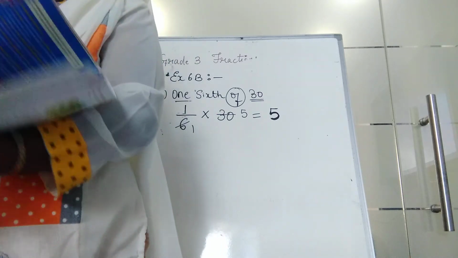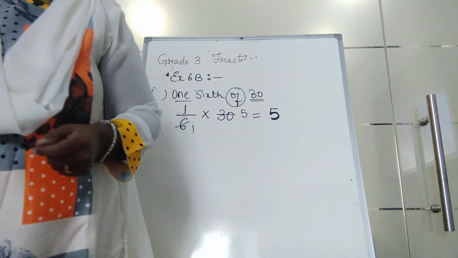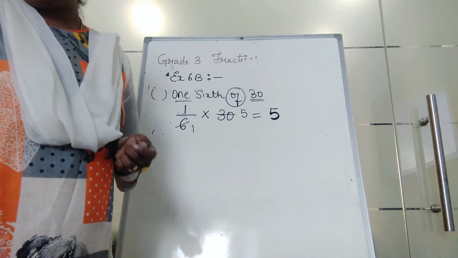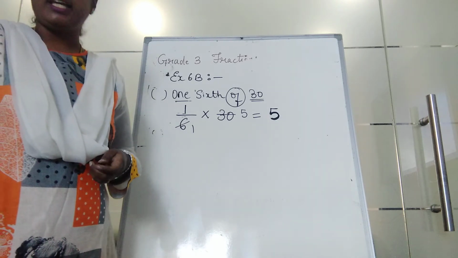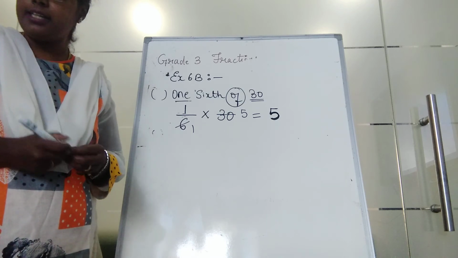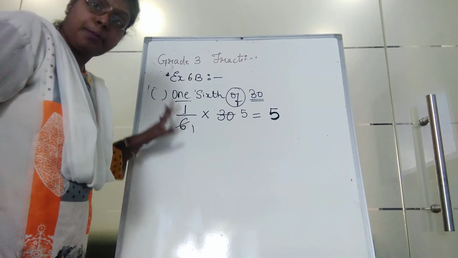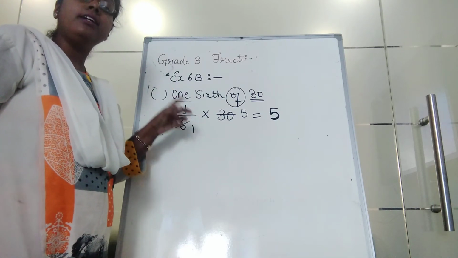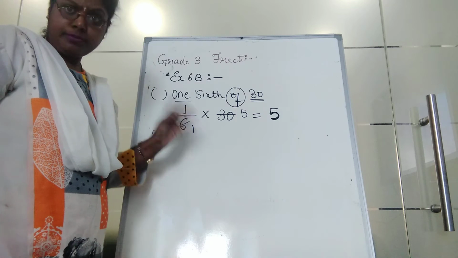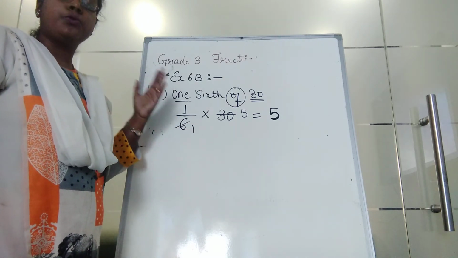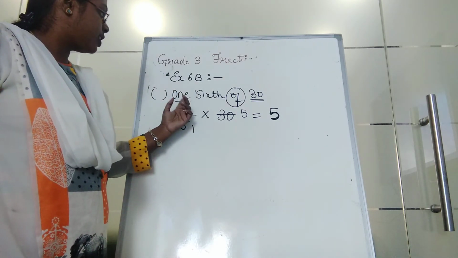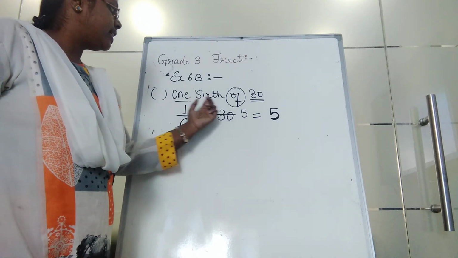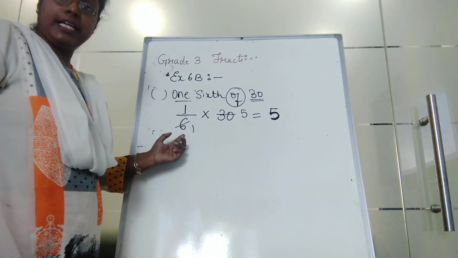Okay. So in this recorded video, we have done exercise 6B, first main A to E problems. It is a very easy chapter where you have learnt the number names of the fractions. In the previous classes, you have learnt the number names of the fractions. So using those number names, if it is 1/6, you will be writing 1 in the numerator place and 6 as an ordinal in the denominator place.